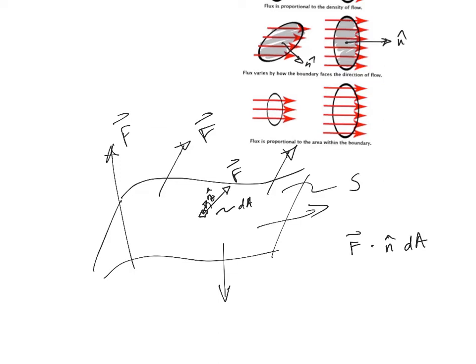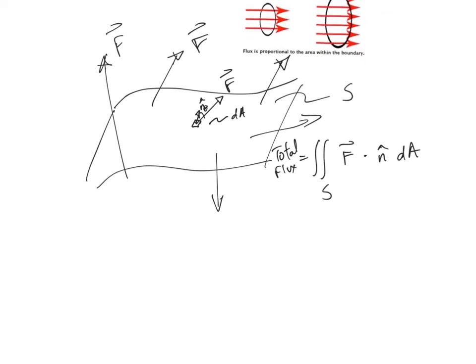But now we want to do it over the whole surface. Well, it's a surface, so we're going to use a double integral, right, over the surface S. We're going to sum up the flux through all the little patches dA over the whole surface, and that gives us the total flux through that surface S. Okay, in order to do this, though, we got to look at some details, okay, because it's not just a normal double integral like we did before. First of all, we've got to